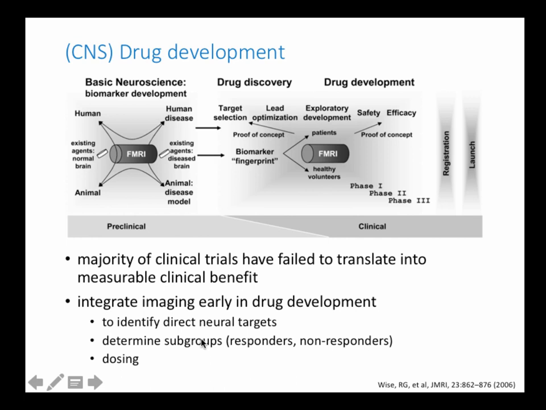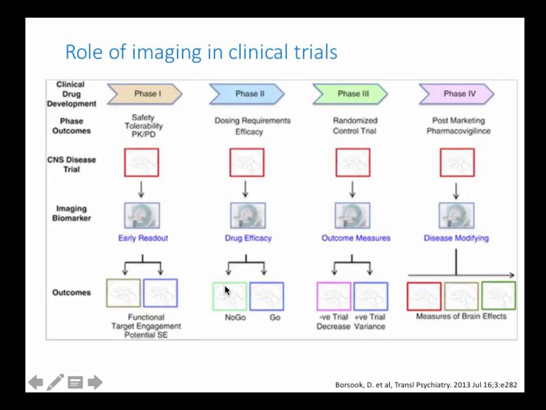So if you actually then look at the various parts of the drug clinical trial itself, the clinical trials are separated into 4 different phases. In the earliest phases, you can make sure that the target is being engaged. In the secondary phases, you can make sure that the drug is actually working. And in the later phases, you can make sure that you're targeting the drug to the right group